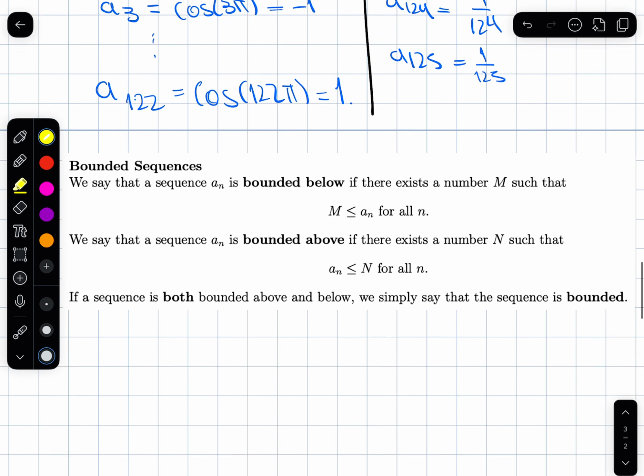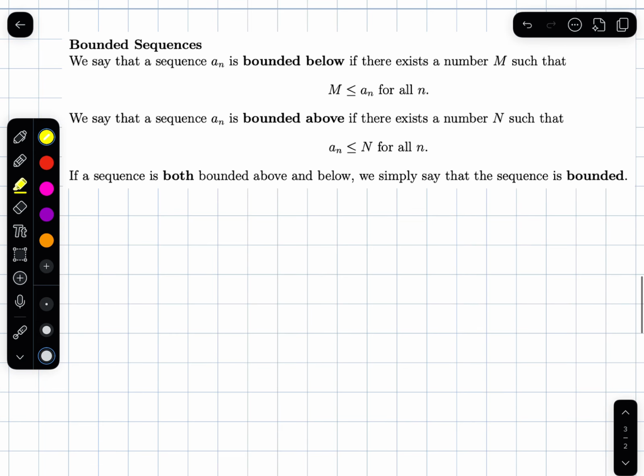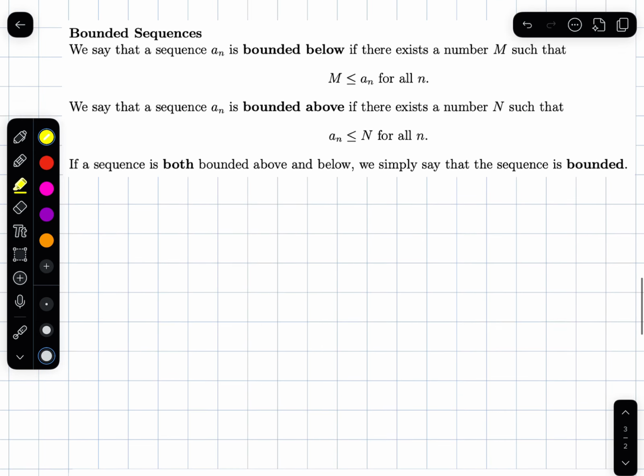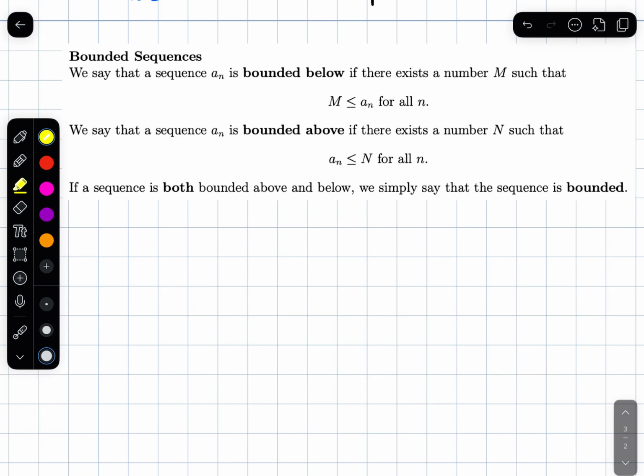All right, the last idea that I want to talk to you about today is the idea of a bounded sequence. So whenever a sequence has a certain number that it's never below, so the sequence is always above that specific number, we say that the sequence is bounded below. So if you were to graph this,